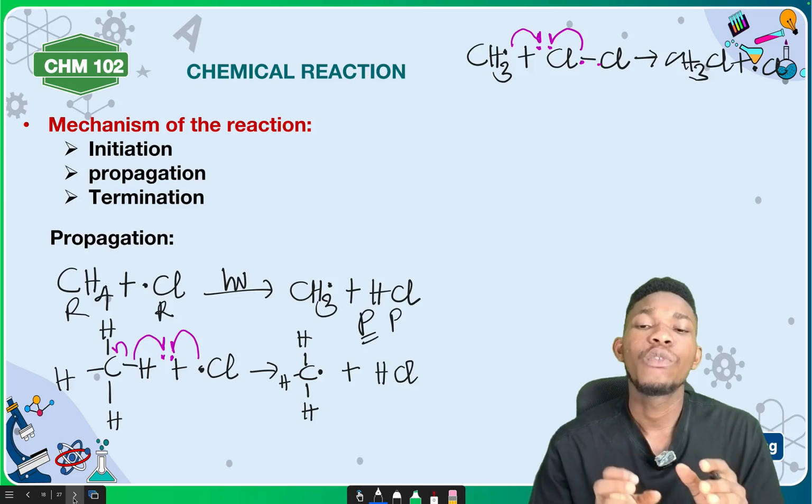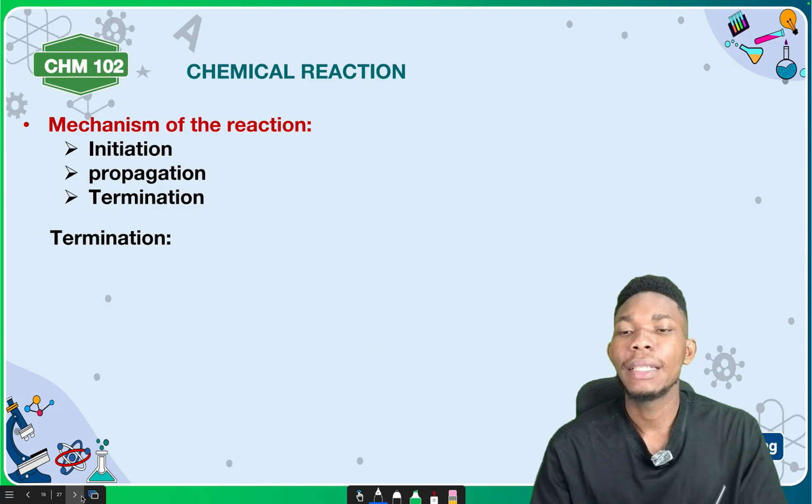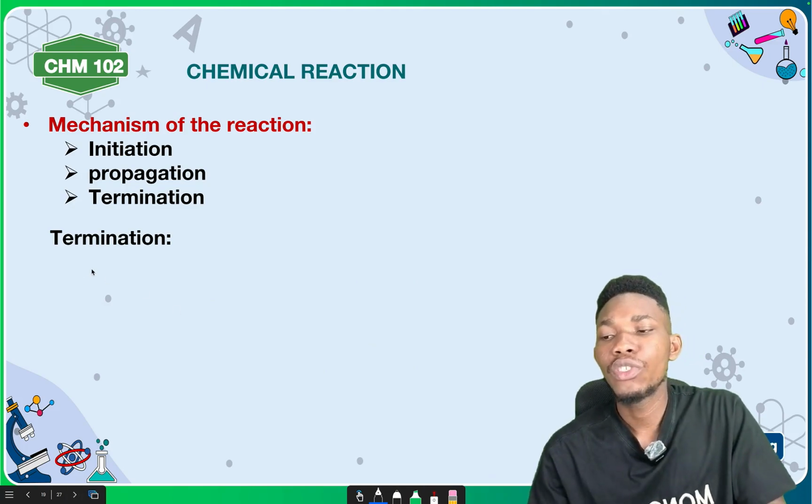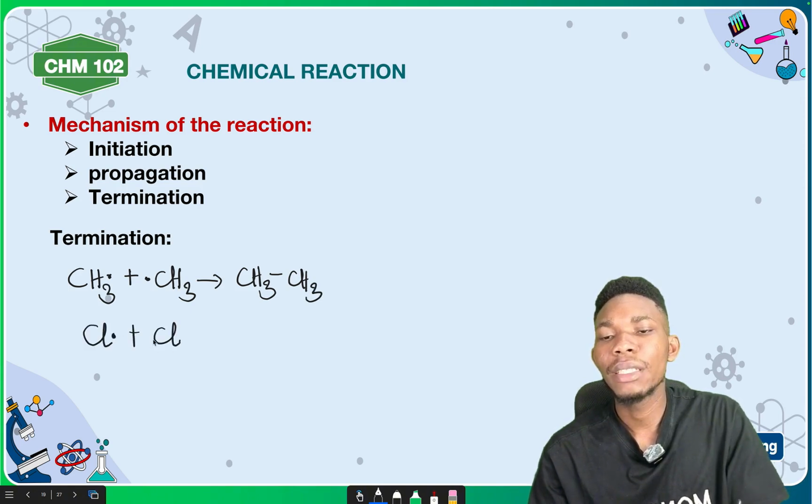...radical reacting to form a radical and another molecule. And then the last one, the termination step, usually involves two radicals. It's more like the opposite of initiation: two radicals coming together to form a molecule. Do you understand? So it could be chlorine radical plus chlorine radical, the opposite of